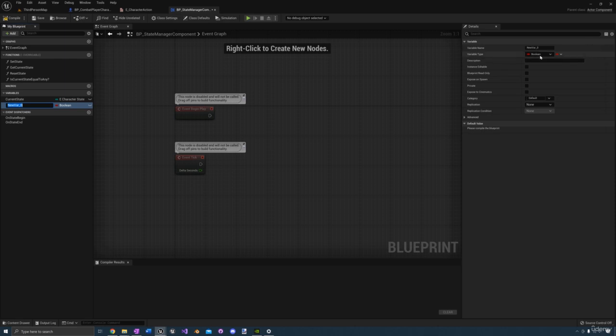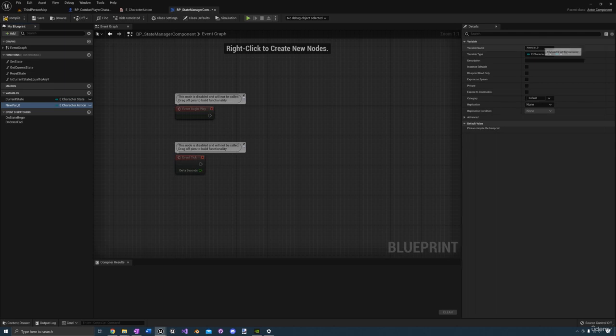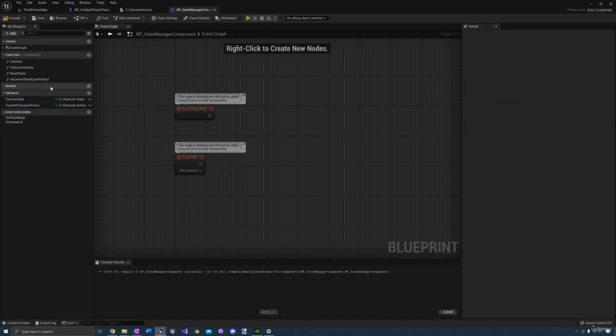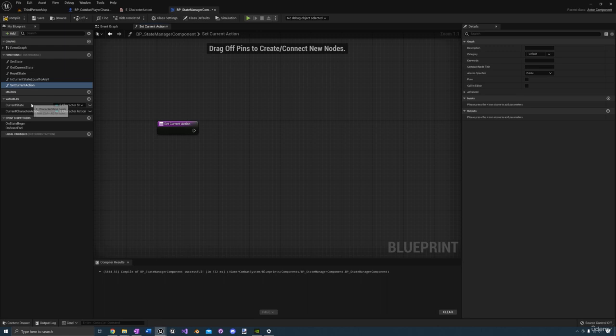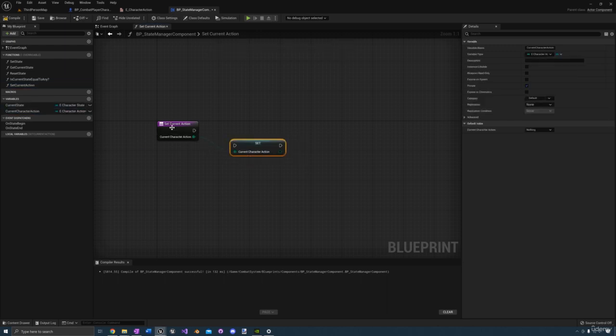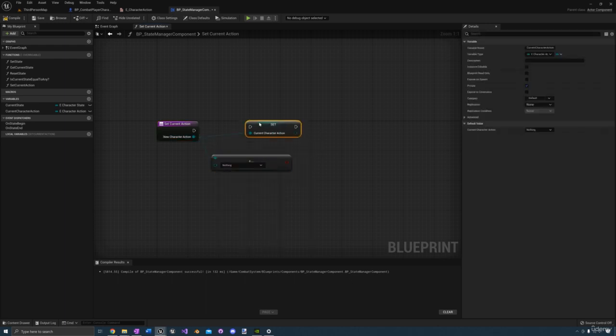Let's add a new variable, search for action, this current character action. And we'll make this variable private, and let's create a function to set the current action. And we'll call this one new character action. And we'll do the same thing that we did for states. If the new character action is not equal to the current character action,